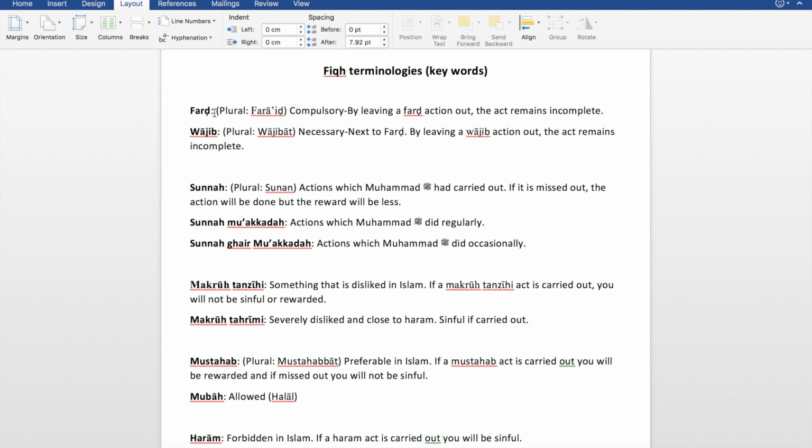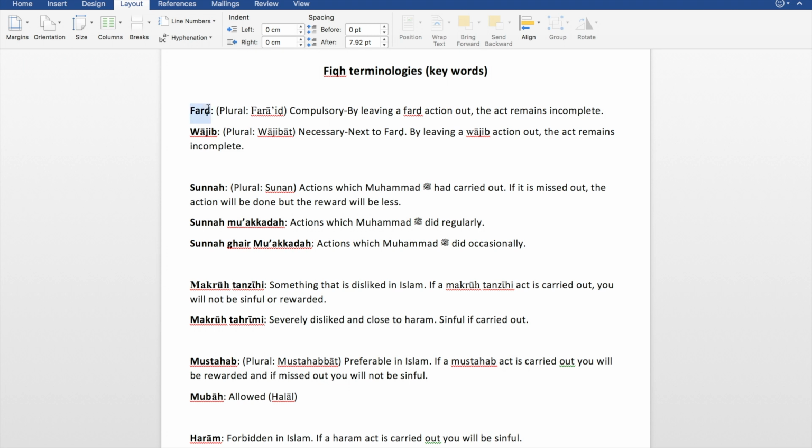Okay, so now the question is, why not just call them one thing? Why did we have to single them out? Why did we have to call one fard, and why did we have to call the other one wajib? Now this is for the older students, because the younger students don't really need to know this, and neither do the older students, but it's just good to know. If you do not understand it, it doesn't really matter, so just ignore it. But if you do understand it, alhamdulillah, it's even better.